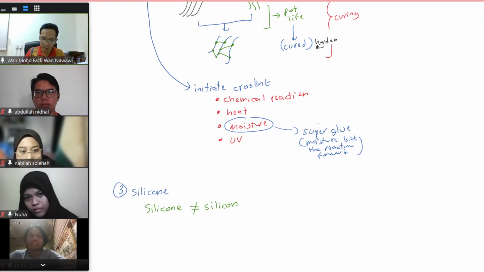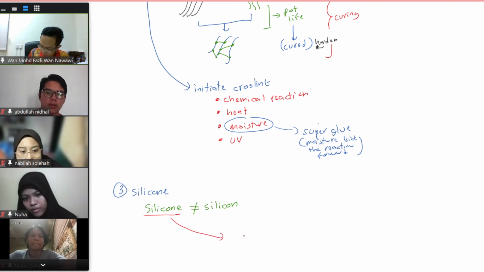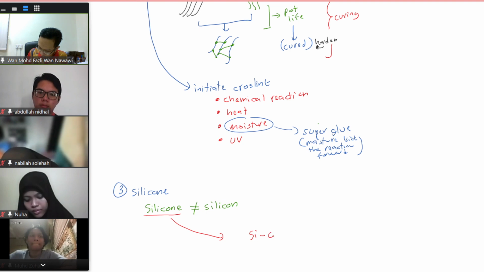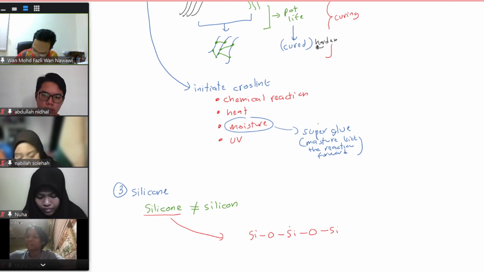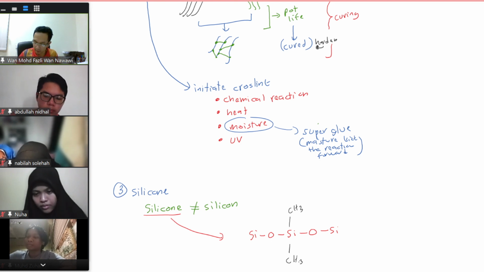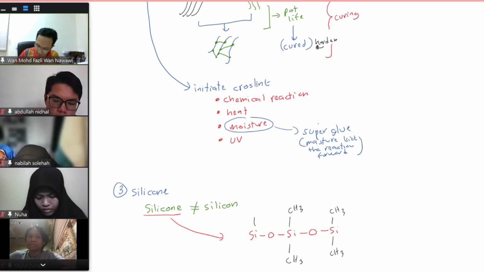under the polymer, the silicone here is basically like a polymer. You have the silicone, and then you have the oxygen, silicone and oxygen. And then on here, you have this CH3. It can be anything, CH3 or whatever. It's not necessarily CH3. So it can be anything, but